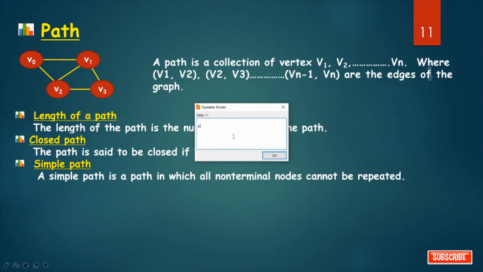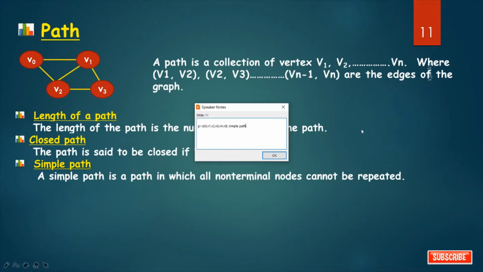If the path is P, then we can write it this way: V0, then V1, V2, then V3, then V4, then again V0. This is a simple path. We can say that this is one simple path. See here V0 repeats, that is V0 equals Vn.